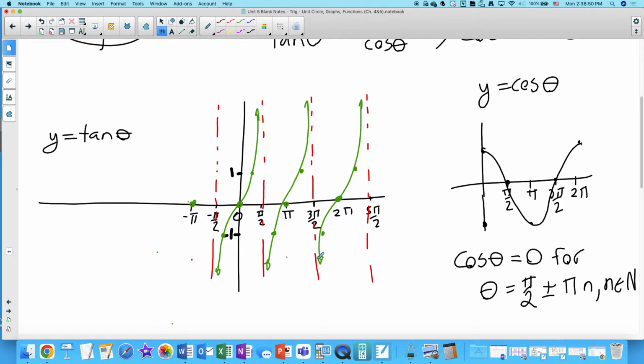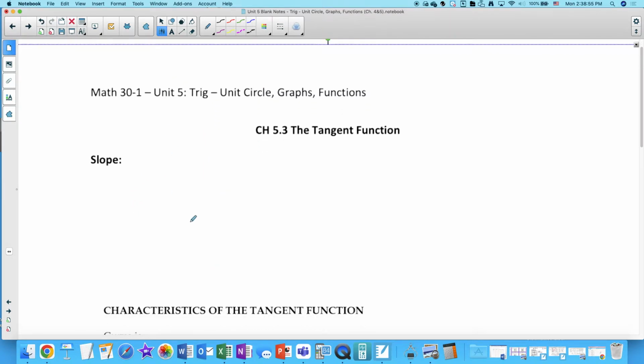Now we already sort of talked about this already, right? So we'll just repeat this quickly, but on the unit circle,